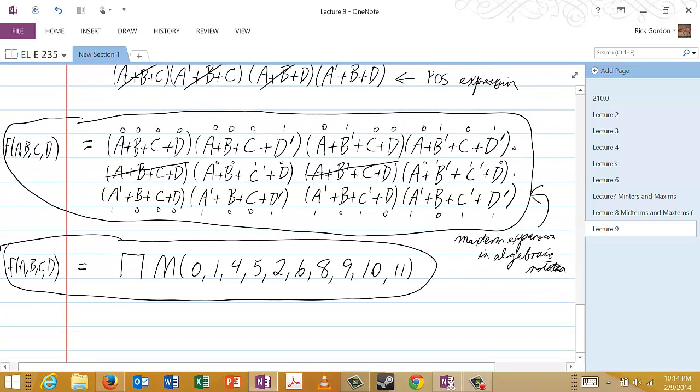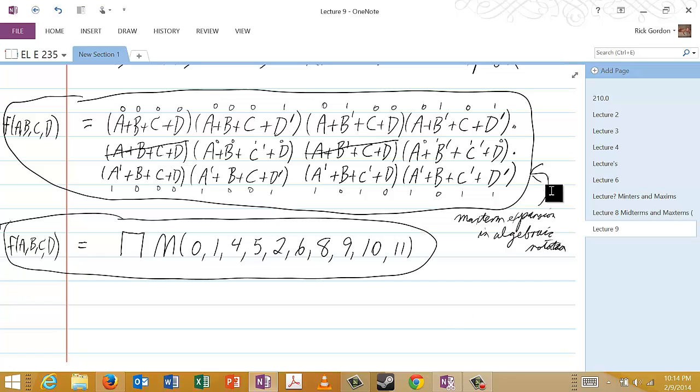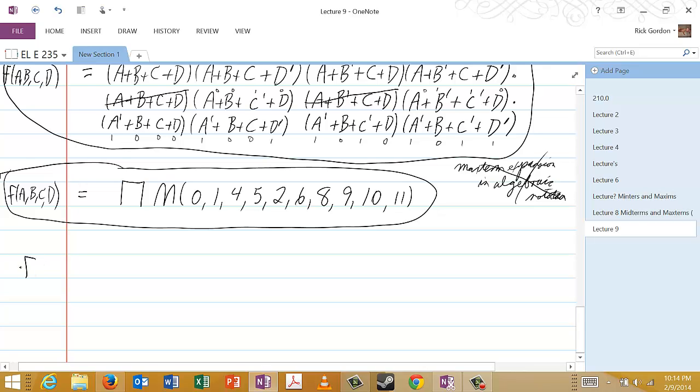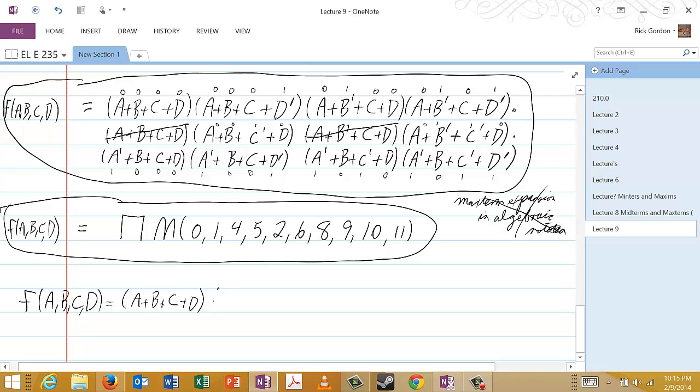Actually, we probably ought to make this a little neater, get rid of all the numbers, and also get rid of the redundant terms. So maybe I should just repeat this. Let's cross that out, and we'll just say f of a, b, c, d is equal to (a or b or c or d) anded with (a or b or c or d prime) anded with (a or b prime or c or d) anded with (a or b prime or c or d prime)